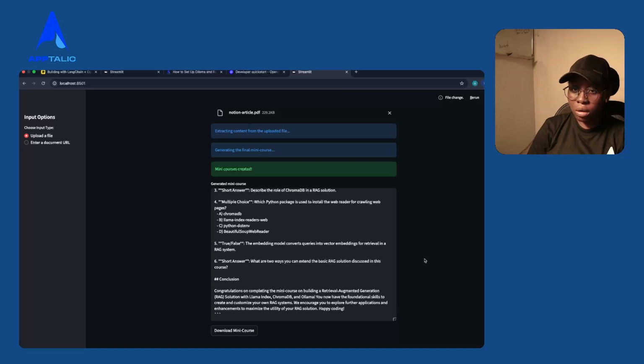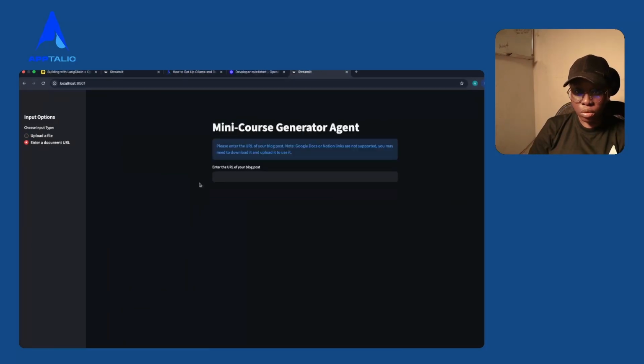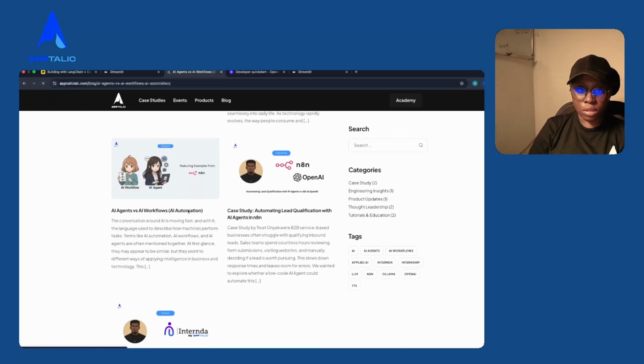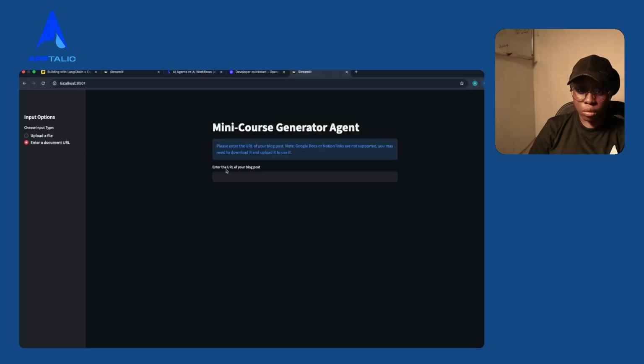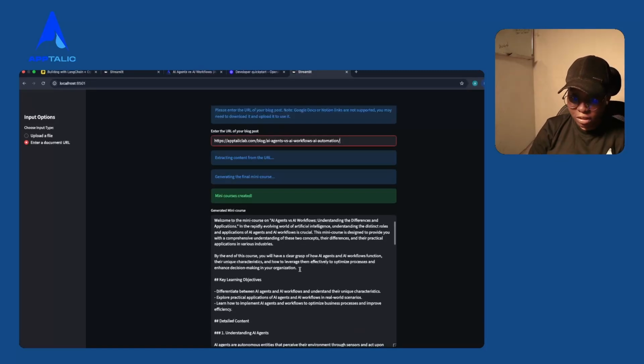So it generated 6 quizzes based on the content, and then we also have a conclusion for our course. So this is how the document upload works. Let's test out the document URL. So let's decide to use this blog from Aptalik blog, which is on AI agents versus AI workflow. Let's add the link here. We can see the introduction,